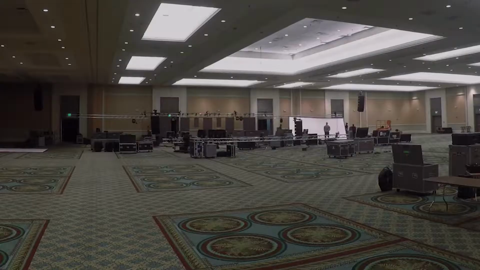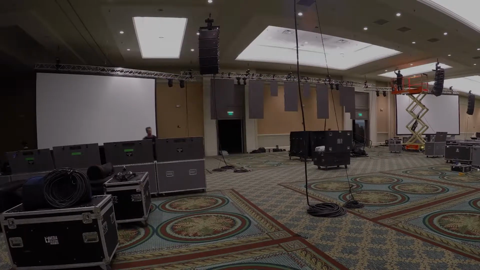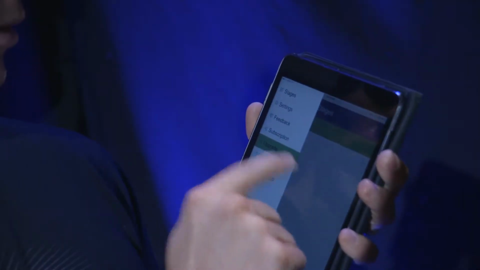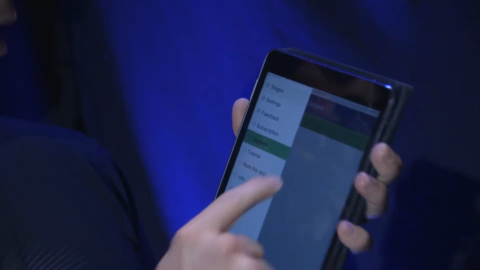We're doing a show that's a basic conference setup, but there's a band as well. So I thought I'd just show you a quick tutorial on our app Signal Flow. Let's get into it. If you open up the app and you go into your stages, which is where I'm